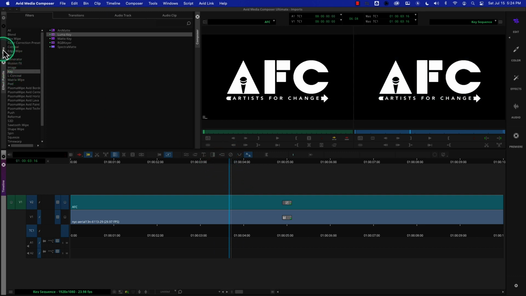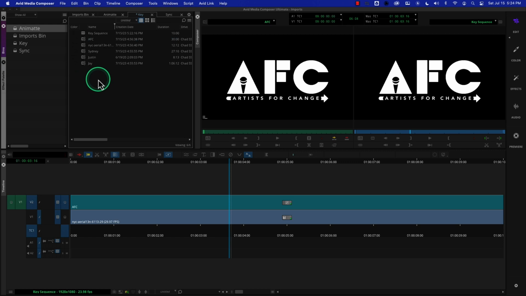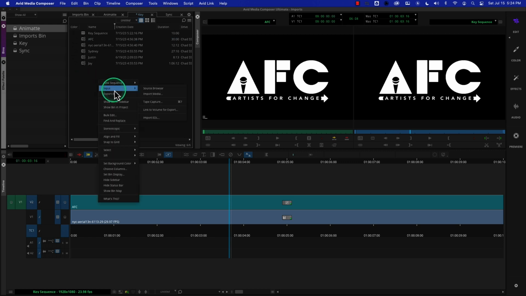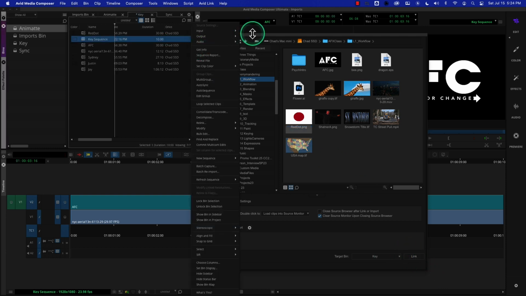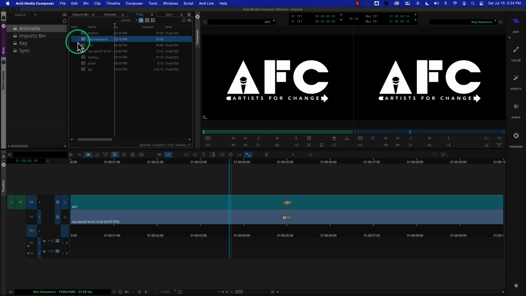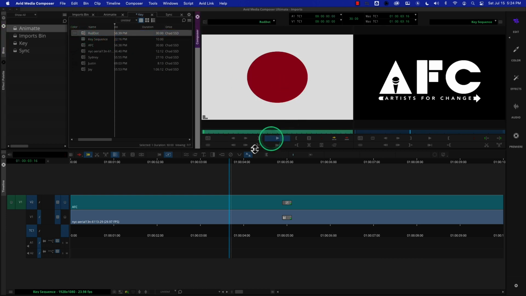Let's try something else here. We're going to go back to bins. I'll go to keying. We'll go to a couple examples here. We're going to go to Input Source Browser. I'm going to bring in this red dot here. And this red dot, we're just going to link this in here. And we're going to see how the red dot does cutting this out. Now, the red dot is a red dot here over white. So we have this over white. We're going to mark this again, and then we're going to just overwrite this on top of here